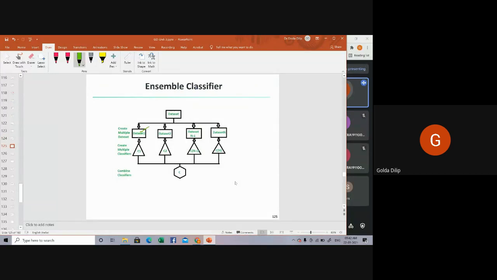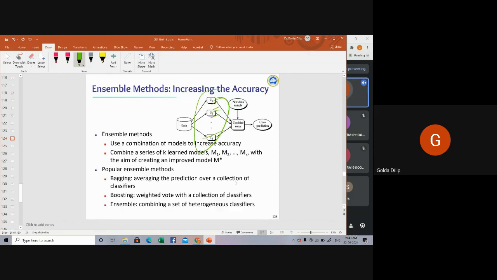You have data sets 1 to n. You're creating individual classifiers and aggregating them, giving a combined classifier which is supposed to have much higher accuracy compared to the individual classifiers. Though ensembling techniques result in improved predictive accuracy, it is a little bit difficult to understand the ensemble of classifiers, that is, the collection of all these classifiers, individually c1, c2, c3 and so on. Basically there are three popular ensemble based techniques. We will look into them one by one.